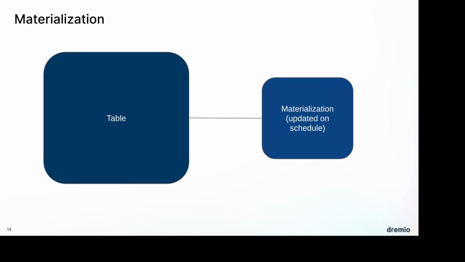And that works, but a couple catches here are that oftentimes materializations, one, create a whole new namespace. So in this case, I'm querying table A, and now there's a new name like table A underscore materialized. And if I query the wrong name, I'm still running the really slow query. So one, I have to be aware of these new names. Two, you have to figure out how to update that materialization. Some systems do this automatically, but not all do. So you have to figure that out. Those are the two major problems with materializations.